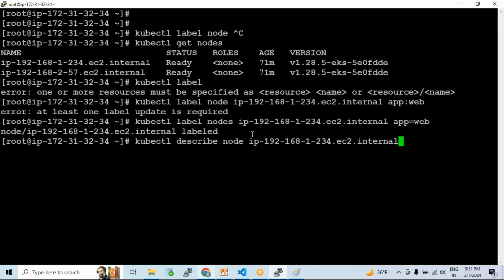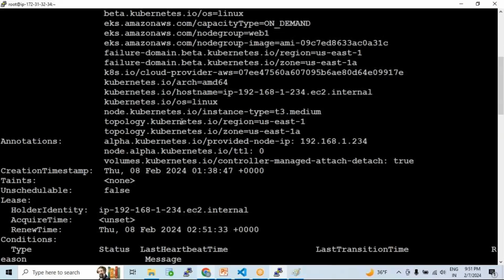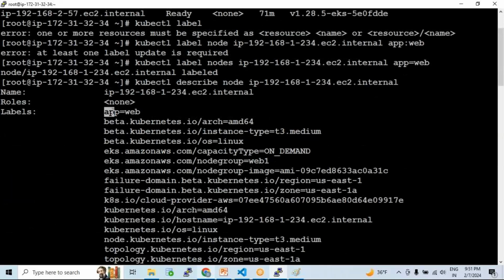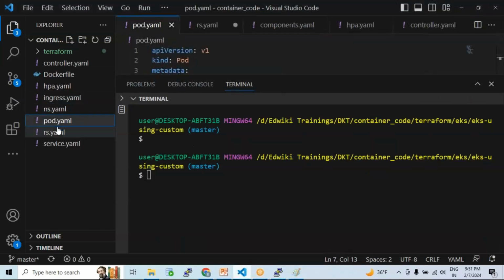If you look into the describe node one more time, you will be seeing a label called app equal to web. This label is applied. Like that, you can give a label for your worker node, and then at the time of you doing the deployment, you define your pod should go to where. If I go to your deployment manifest file one more time,